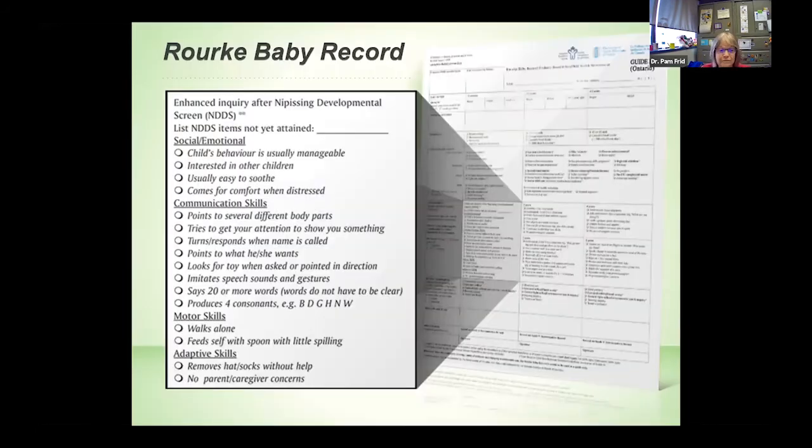Here's just one example of what the Rourke record looks like, and the other is the same, where there's a different set of questions to be asked at each one of various visits. The visits are all broken down, generally tied into when immunizations would be given. So in each visit, when you're seeing somebody anyway, it tells you the best questions and the best things to do to assess a child's development and many other features of their general health.